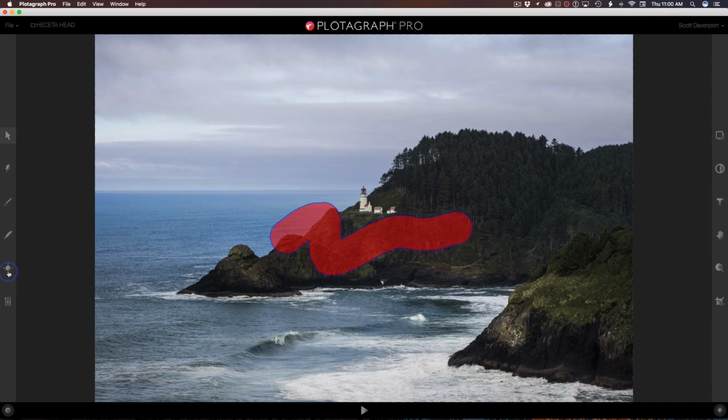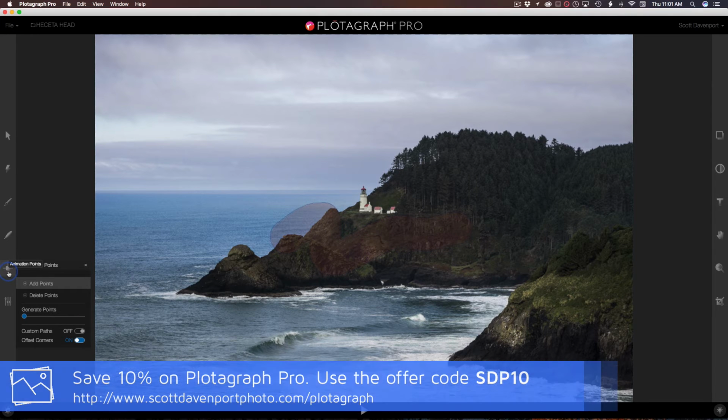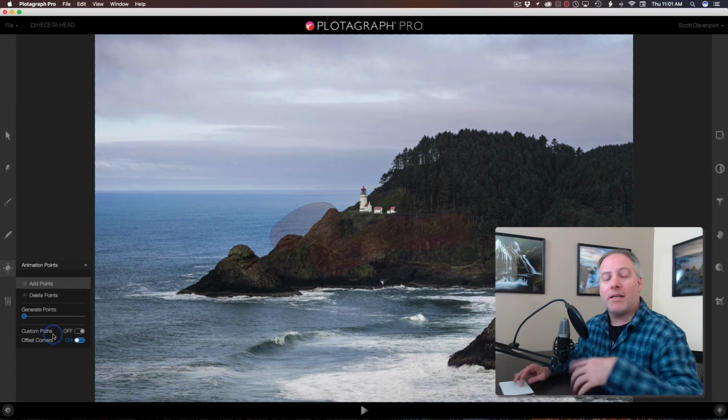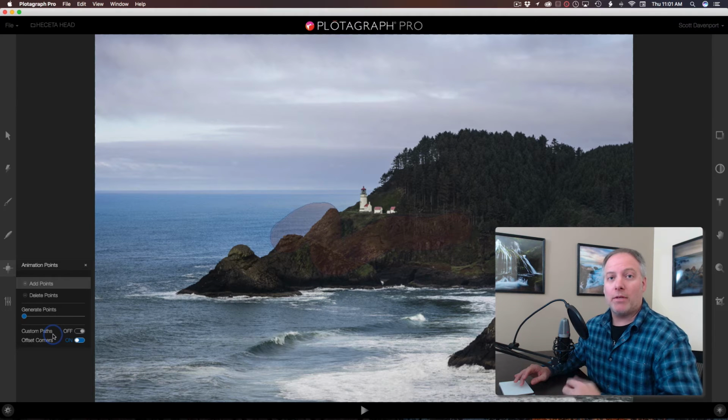Our next tool is the really fun one, animation points. Now, this is how we add motion into the photo. Add points, as you might guess, adds things in, delete points removes things if you make a mistake. You have other tools here for generating points and custom paths and so forth. Custom paths is more of an advanced thing if you're trying to do something that might involve rotations or more motion that you need to guide